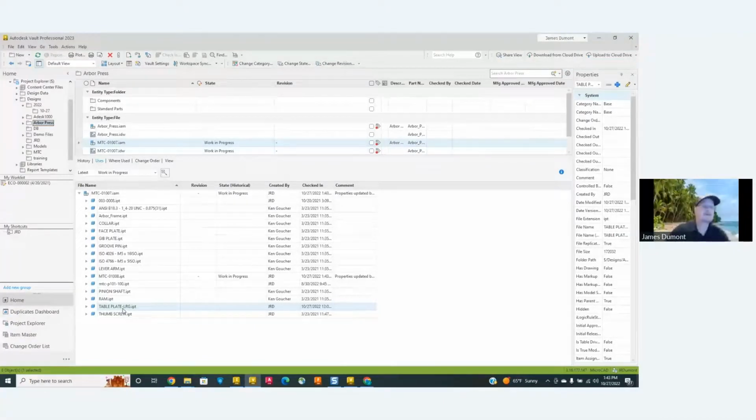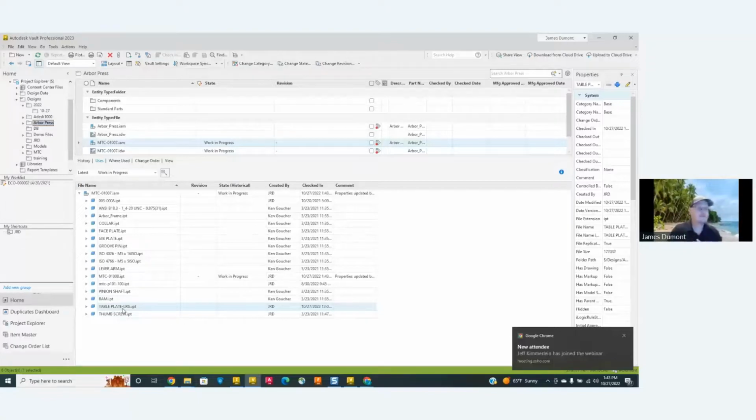You can even exclude components. That copy design is something that you want to look at. And I really encourage you to start using it, even if it's in Vault Basic. I can't show Vault Basic today because my server is Vault Professional and I can't mix them, so I really can't show that. Vault Basic does a really good job with the copy design. It's not as powerful. I don't have the ability to create those action rules. I don't have the file numbering, but it's still better than using Design Assistant or doing it manually the old-fashioned way. So with that, I do thank you for your time.